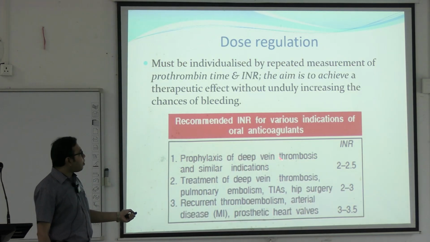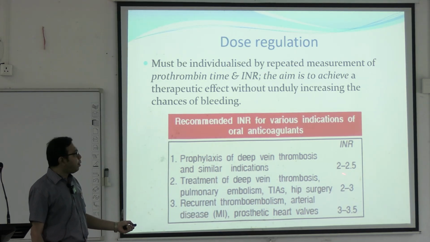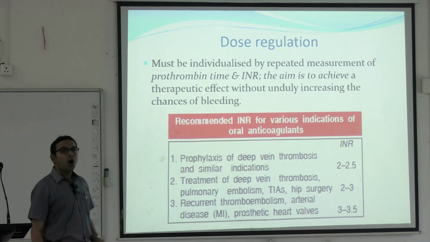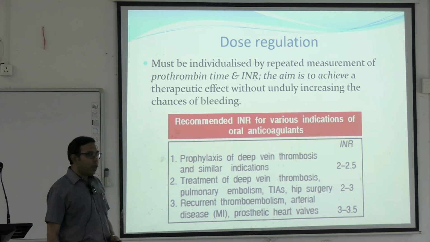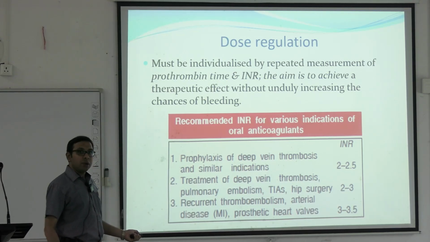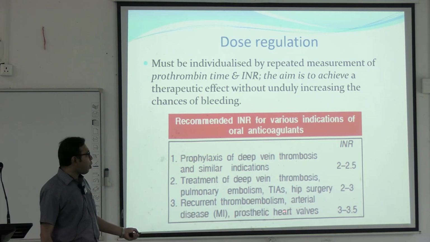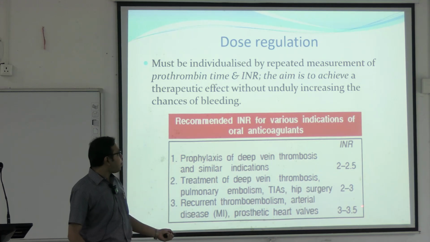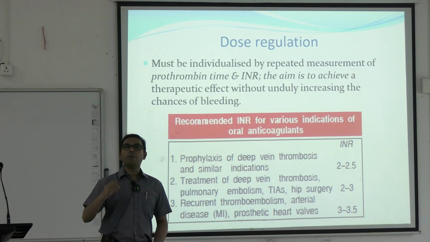In case of prophylaxis of deep vein thrombosis or thrombosis in other veins, the INR should be kept between 2 and 2.5. For treatment of deep vein thrombosis, pulmonary embolism, transient ischemic attacks that can happen in the cerebral circulation, or hip surgery, the INR is to be kept between 2 and 3. For recurrent thromboembolism, where there is a previous history of thromboembolism, or arterial disease like myocardial infarction or prosthetic heart valves, a somewhat higher INR of 3 to 3.5 is to be kept. So we have to measure the prothrombin time and INR, and accordingly give the doses of